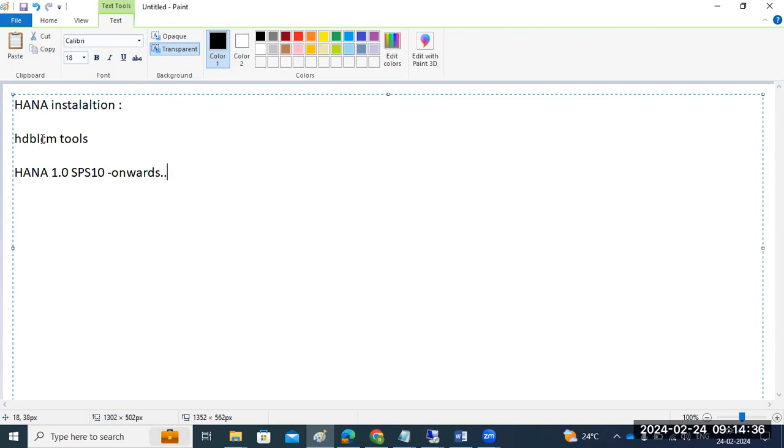So from here onwards we need to use the HDB LCM tools,